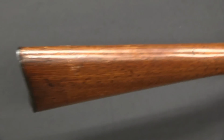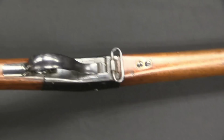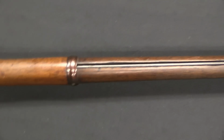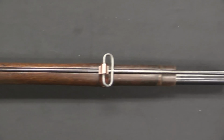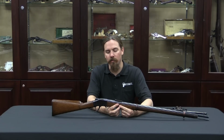Interestingly, Borchardt's design, not surprisingly, was technically very astute. It was ahead of its time. It was very modern. Even today, these are remarkably good guns. And unfortunately, the problem was they were a little too far ahead of their time. The commercial market failed to